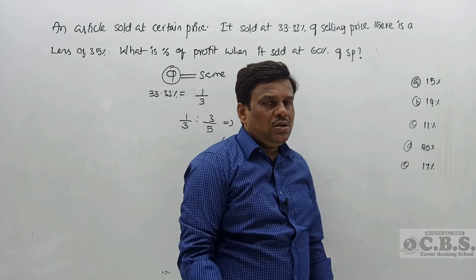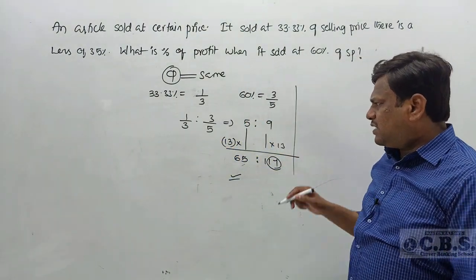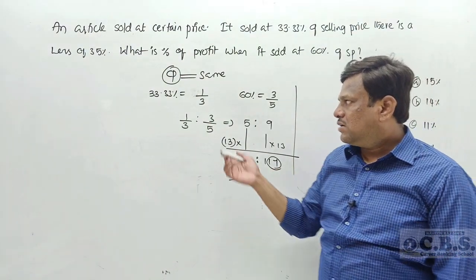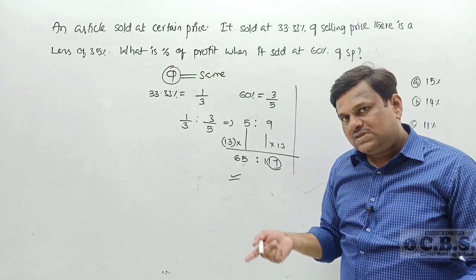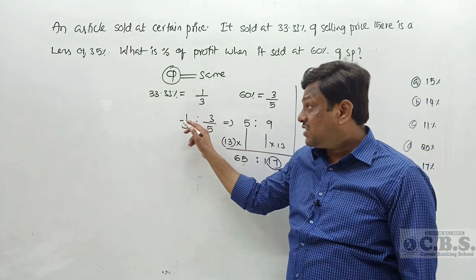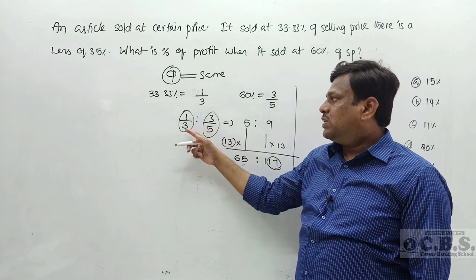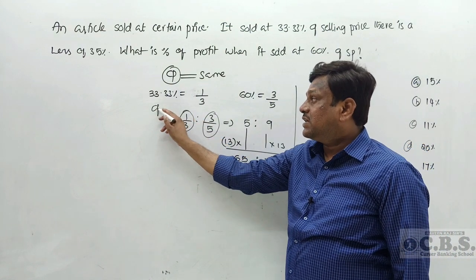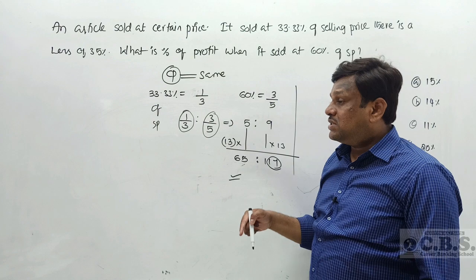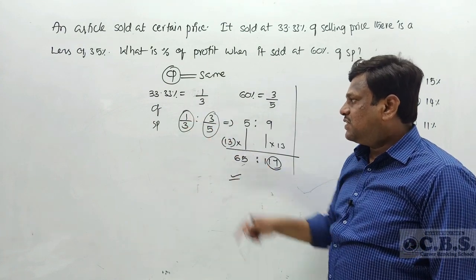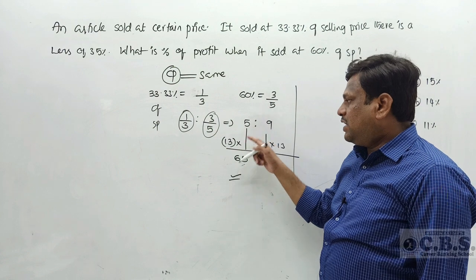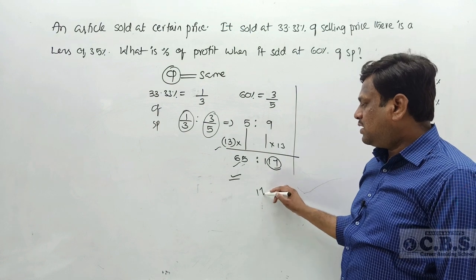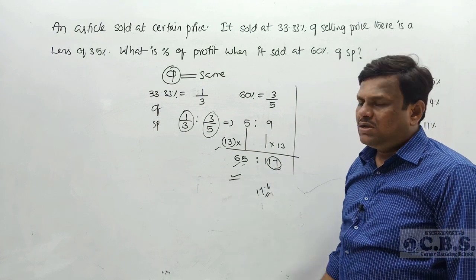You can answer this question through the ratio concept also. Okay, ratio and fraction are the same, but the modification sometimes changes, like whether it is given in profit percentage or loss percentage, very important. But here the selling price modification is given. Okay, don't add the numerator to the denominator. 33.33% of selling price, no quantifier is given. 33.33% of selling price means 1/3 of selling price, 3/5 of selling price. Therefore, in the 5 table, to get 65, multiply with 13. So here also 9 13s are 117. How much above 100? 17. So your answer is 17%. You can answer with the ratio concept also.